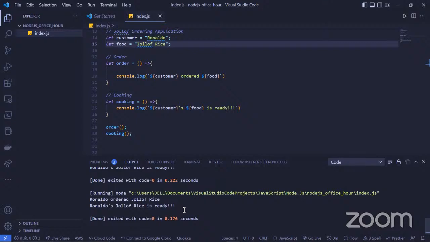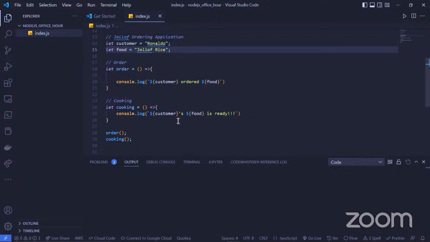So you can see it's fine here. Ronaldo's jollof rice is ready. We'll just clear this first, and then we'll continue. So we can use a callback instead of calling these two together.